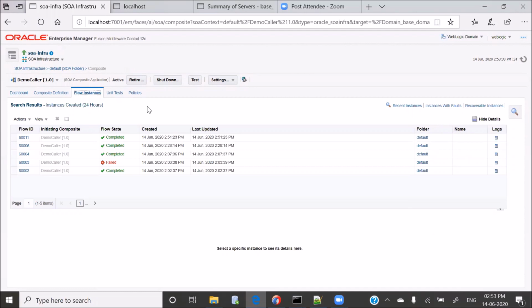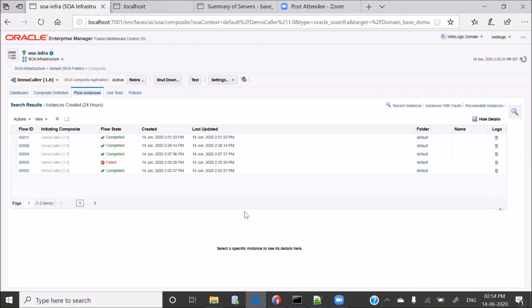So let's suppose a composite is scheduled for every 30 minutes. So every 30 minutes, in a single day, your composite is going to run 48 times. If this kind of scenario is implemented in your project, out of those 48 runtime scenarios, let's suppose the error occurred only in 2 scenarios. And here you can see in all the flow IDs the flow state is completed. So for all 48 flow IDs, the flow states will be completed. Now, if you want to check in which particular flow ID we got the error, the only way you are left with is to go to each and every flow ID, open it, and then check in which one it got errored out.